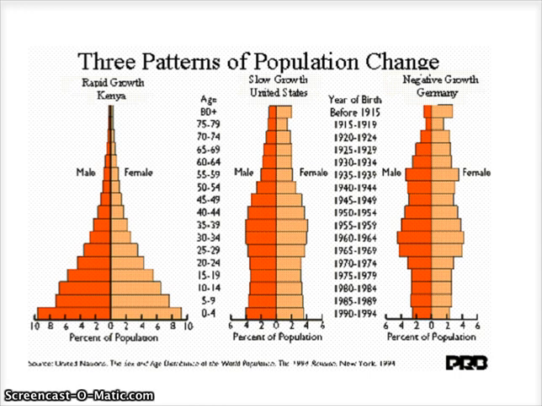These are 3 different population pyramids. And the way they are drawn is along the bottom you have percent population, and sometimes you might see that in thousands or millions of people, but typically it's percent of population. Then on the right hand side you have the number of females, on the left hand side you have the number of males, and then you can see that there are age brackets, 0 to 4, 5 to 9, 10 to 14, etc. So you would draw one by saying, okay, if we look at Kenya, how many females are